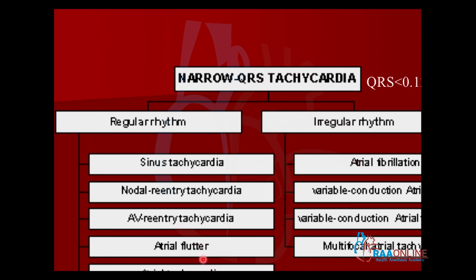An extreme form of atrial tachycardia, when your atrial rate is very fast, is called atrial flutter. So the atrial flutter will come into regular tachycardia as well as irregular tachycardia, because it all depends upon how the AV node is going to conduct these flutter waves. If the AV node is conducting these flutter waves regularly, for example, every 4th beat, every 4th P wave it is conducting